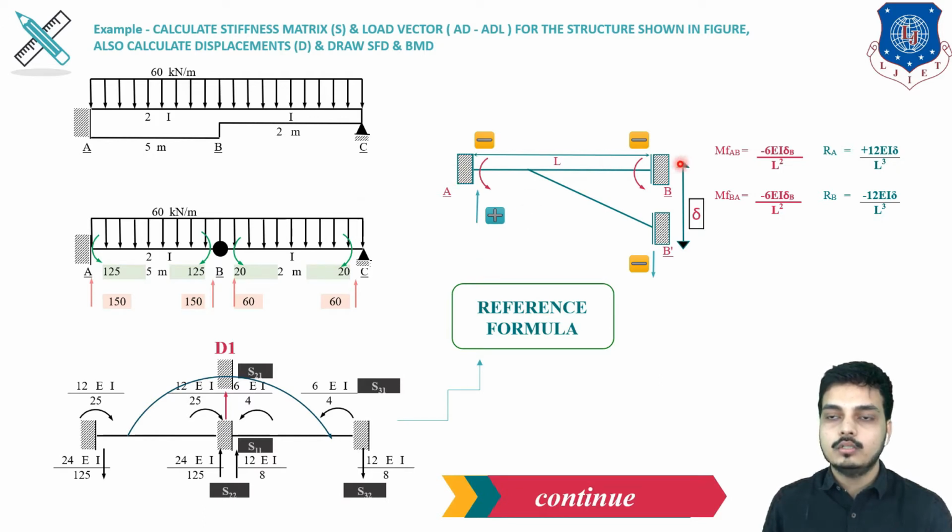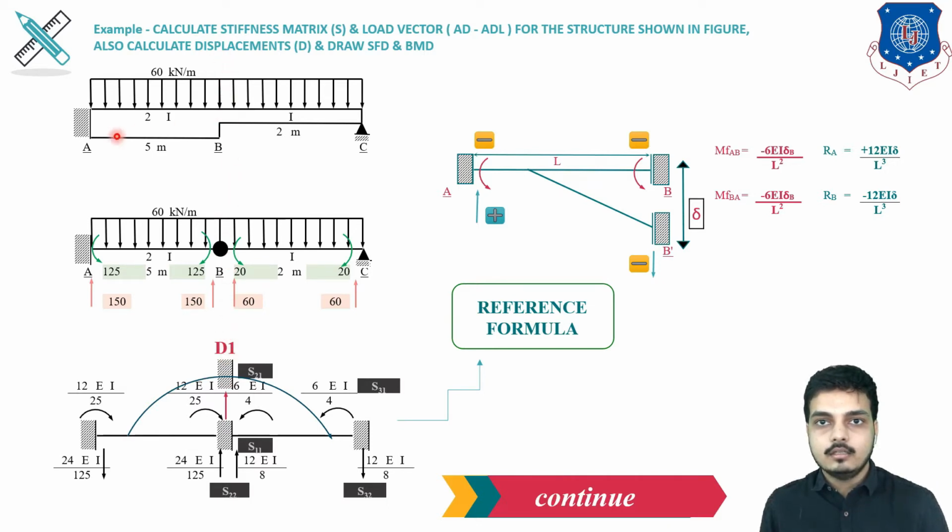Now you know that we have studied this beam, that if B is deflecting to B dash, as a delta, this is a clockwise deflection, so both the moments will be anti-clockwise and the reaction will be opposite to the moment, which is clockwise. So both the moments will be negative, negative, and the reaction will be positive and negative according to the effect. So here we have to find out what the effect is in that particular span. Now look, a vertical reaction is coming at the B point.